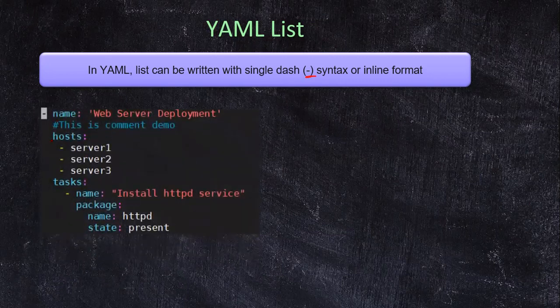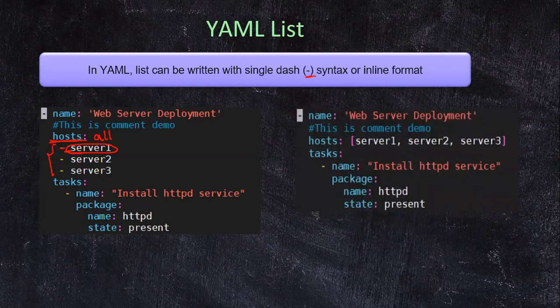So in here we see we have the hosts attribute which has different values. Ideally, in the previous examples, we would have seen hosts all. So if you want to run this specific play across some specific set of servers in which we have different values for our hosts, we would mention the list with a dash, then your space is compulsory, and then the specific name or the IP address.